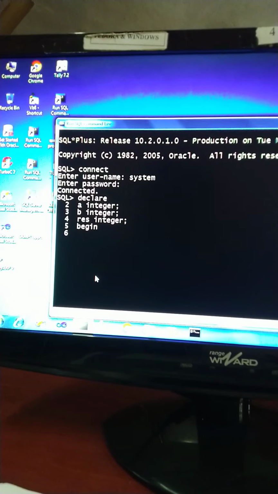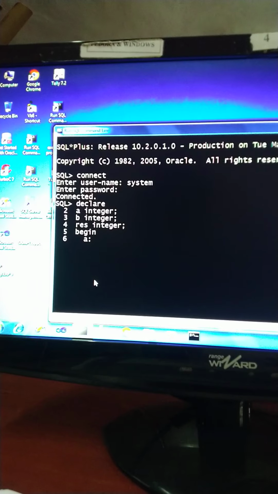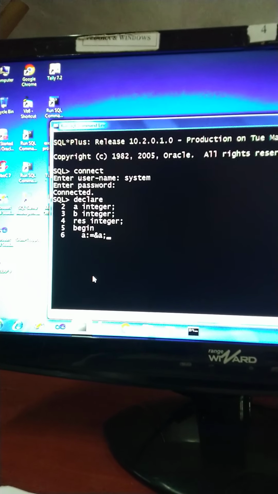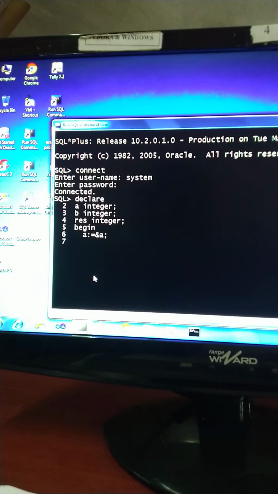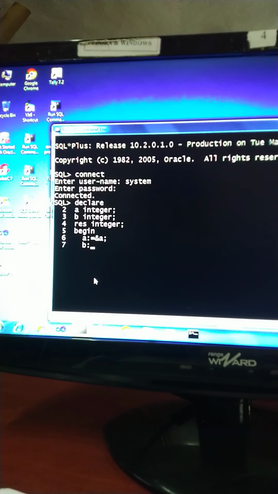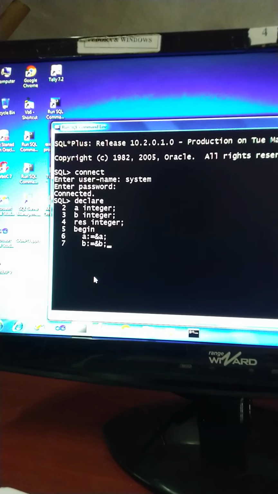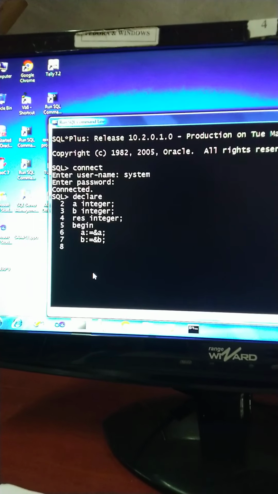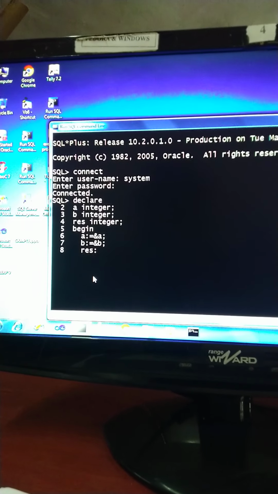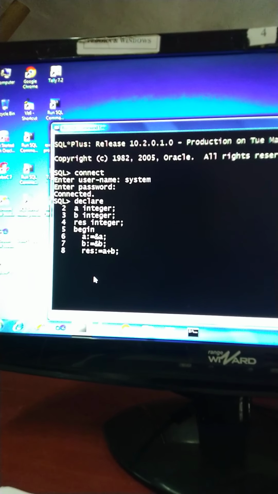Here we will write a := &a; then b := &b; put a semicolon to terminate this line. After that, res := a + b; semicolon.